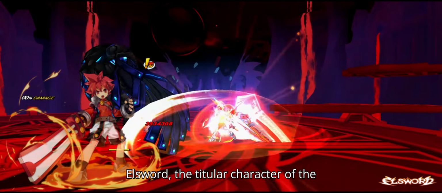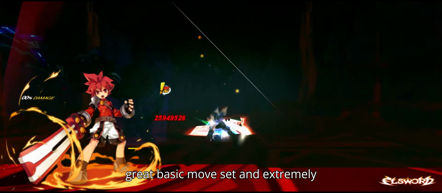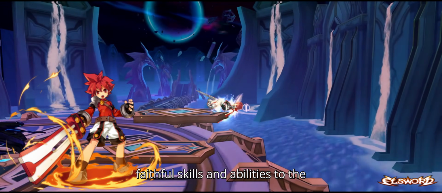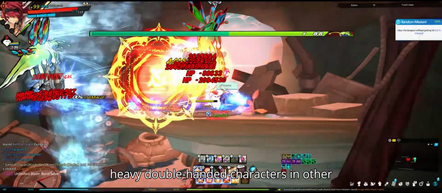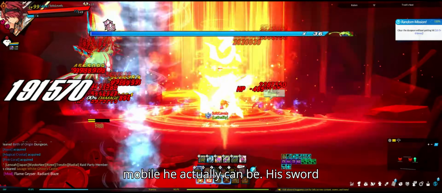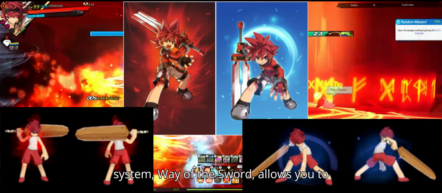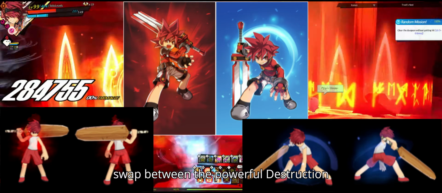Elsword, the titular character of the game, is a well-rounded character with a great basic moveset and extremely faithful skills and abilities to the knight archetype. If you're familiar with heavy double-handed characters in other games, Elsword may surprise you with how mobile he actually can be. His sword system, Way of the Sword, allows you to swap between the powerful Destruction mode and the swift